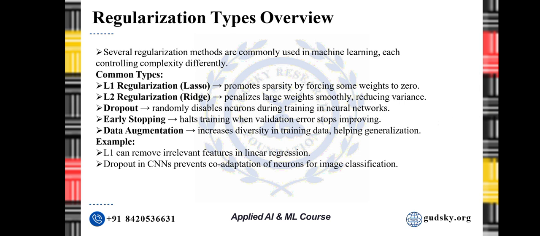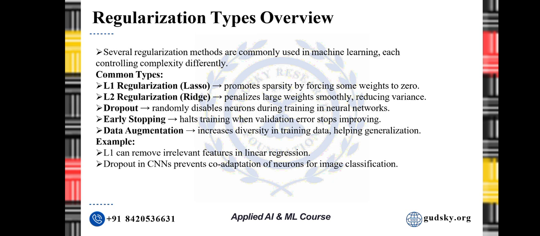For the types of regularization, first there is L1 regularization, also known as lasso. This adds a penalty equal to the absolute value of the model weights. It promotes sparsity, meaning it can push some weights to exactly 0. This way it can automatically perform feature selection. It decides which features matter and which can be ignored. And L2, that is ridge regression. This adds a penalty equal to the square of the model weights. It doesn't force weights to become 0 but keeps them small and stable. This helps the model avoid overreacting to noisy inputs.